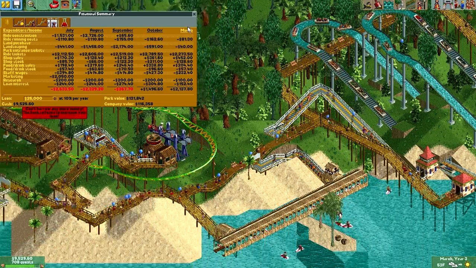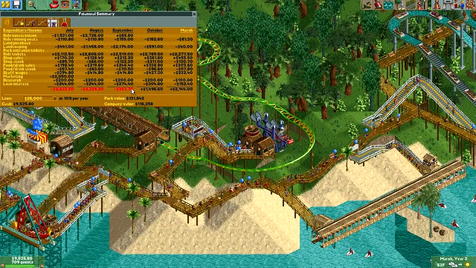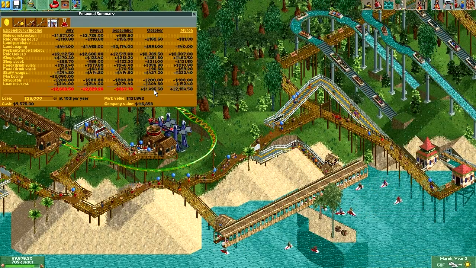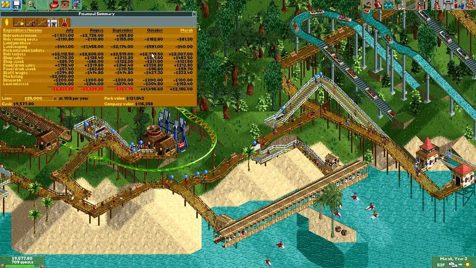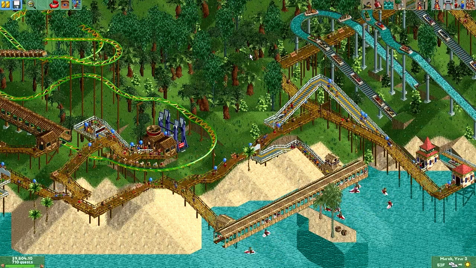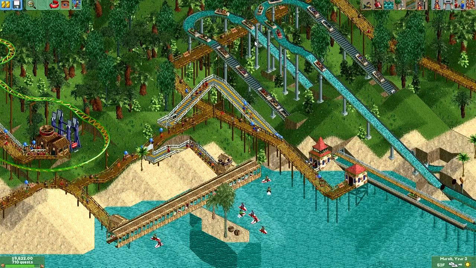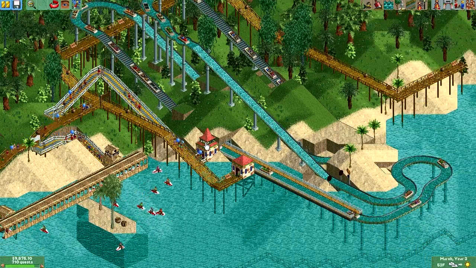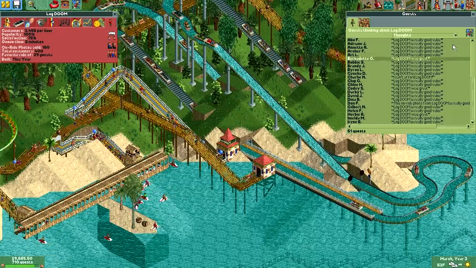Oh dear. Right. How much money are we making, by the way? We are making like 1,500 a month. We're doing all right from that. Ride tickets are like 2,700. Yeah, I think we do actually need a proper big roller coaster, and we've got about 10,000 in the bank, but the bank is no longer lending me any money whatsoever. But let's see how far we can...